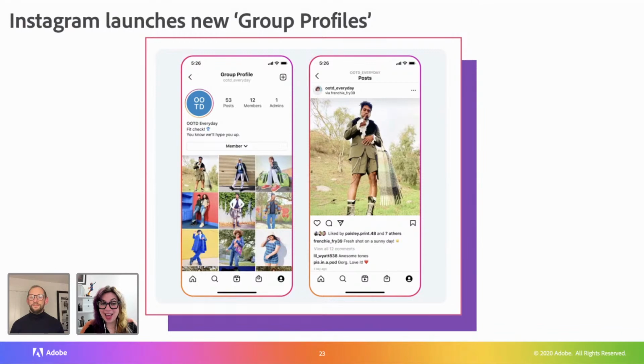Yes. Basically, this allows you to create a group profile around a certain interest, maybe a fashion challenge or whatever. It's perfect for some of the stuff that you do, and then people can upload their own contributions to that. You don't have to follow that hashtag, and this would be amazing for that. I've done one where I made a profile, but then it's just another profile to manage, and one person has to do it all. This will be a game changer, so I'm extremely excited about this.